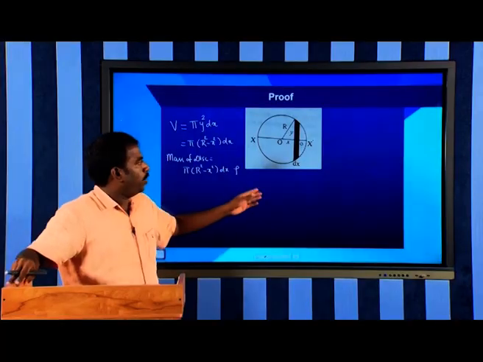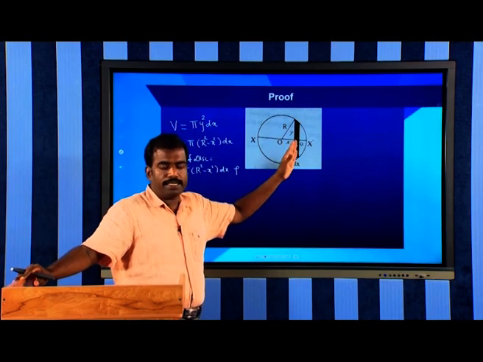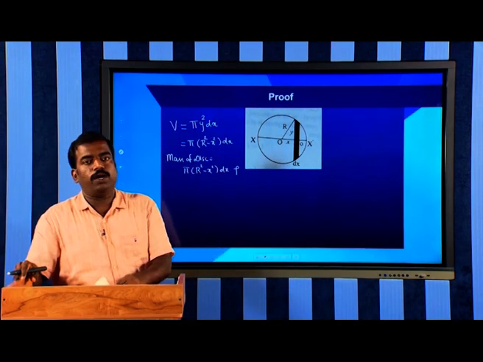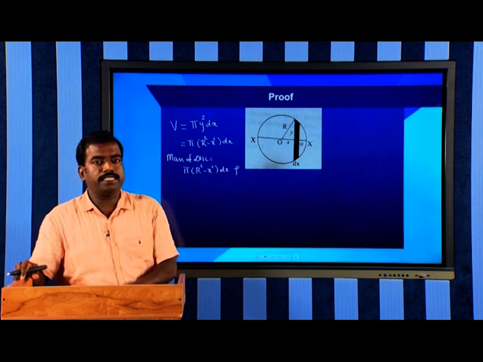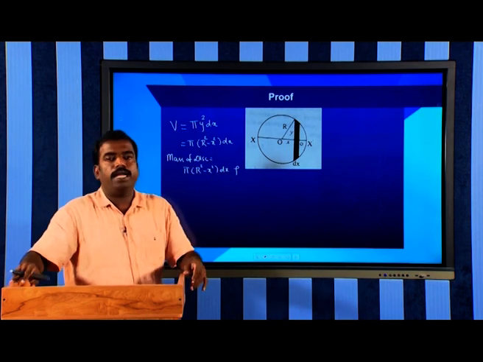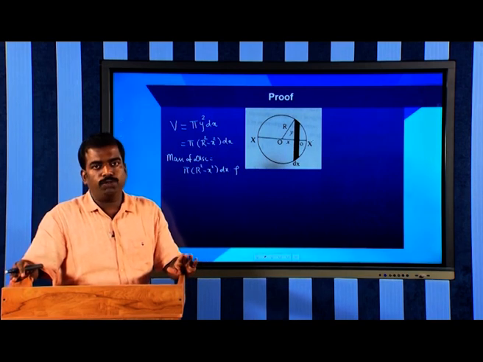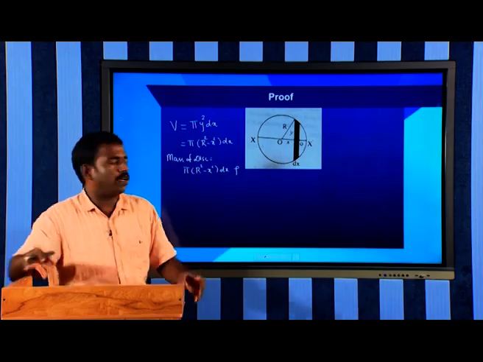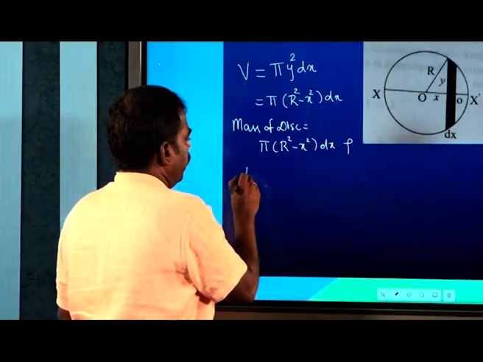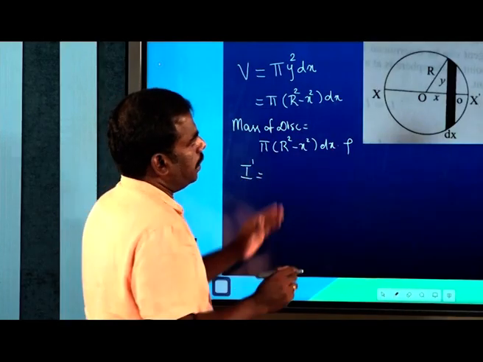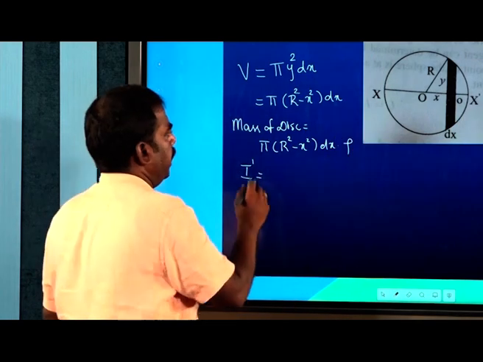Next, we need to find the moment of inertia of this disc about X X dash, which is the axis passing through its center and perpendicular to its plane. It is given by half into mass into radius square, M R square by 2. So the moment of inertia of the disc about X X dash equals the mass of the disc